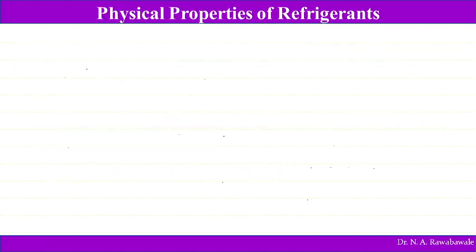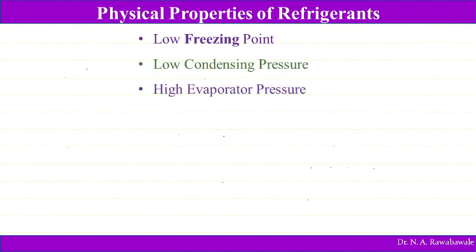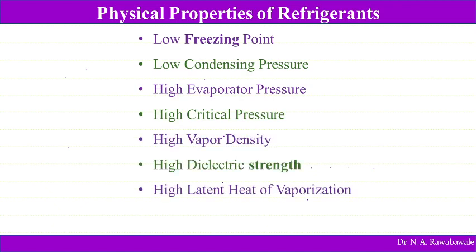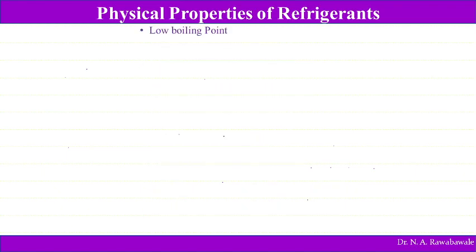Then we have already discussed the physical properties of refrigerants in lecture number 5 in detail. So here we will just see briefly what the physical properties of a refrigerant are, that is, low freezing point, low condensing pressure, high evaporator pressure, high critical pressure, high vapor density, high dielectric strength, high latent heat of vaporization, and high heat transfer coefficient. Then some other physical properties are a low boiling point temperature, then high critical temperature, low